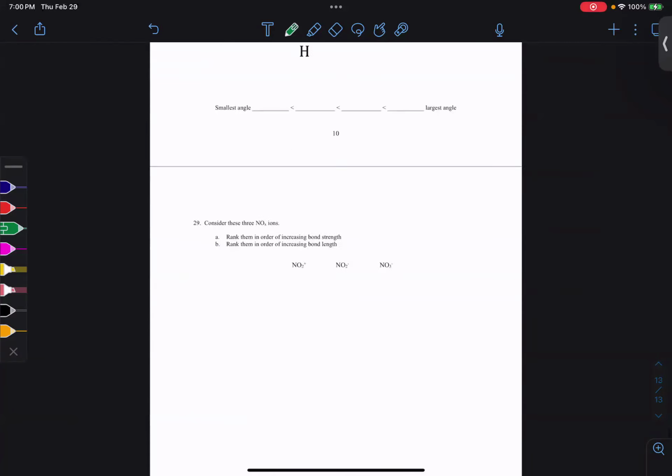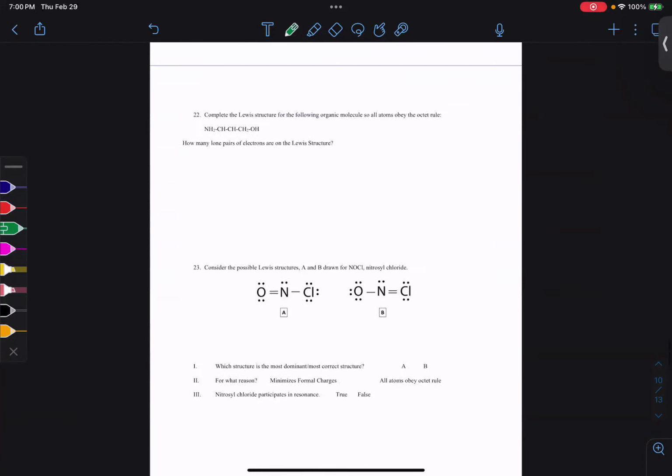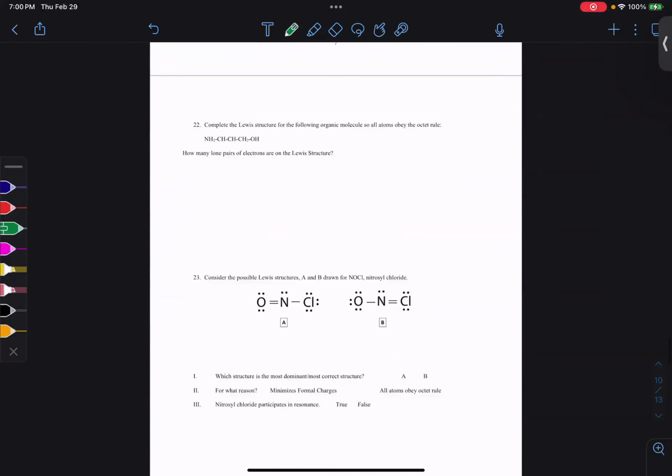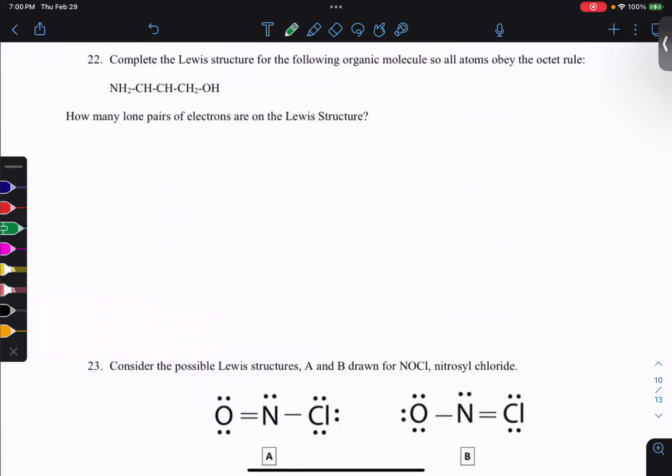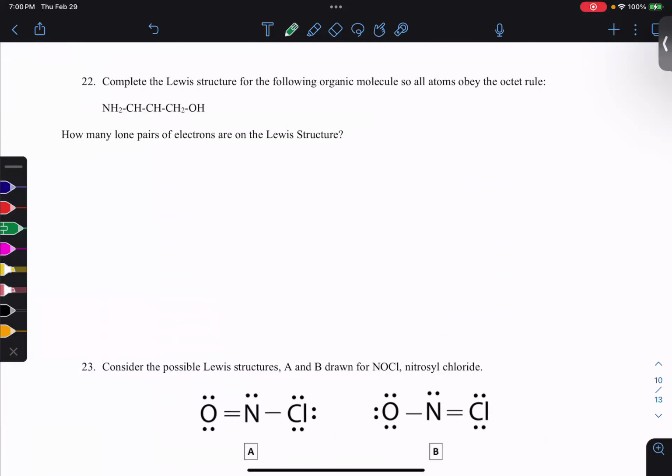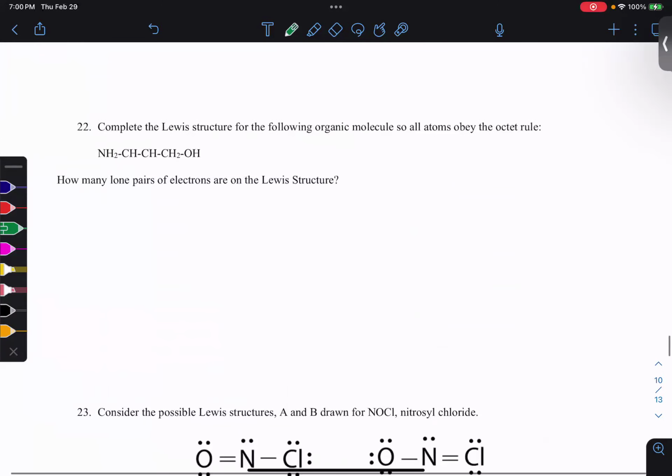Gosh, there's a lot. Okay, let's do this one. Complete the Lewis structure so all atoms obey the octet rule. How many lone pairs are on this thing? So